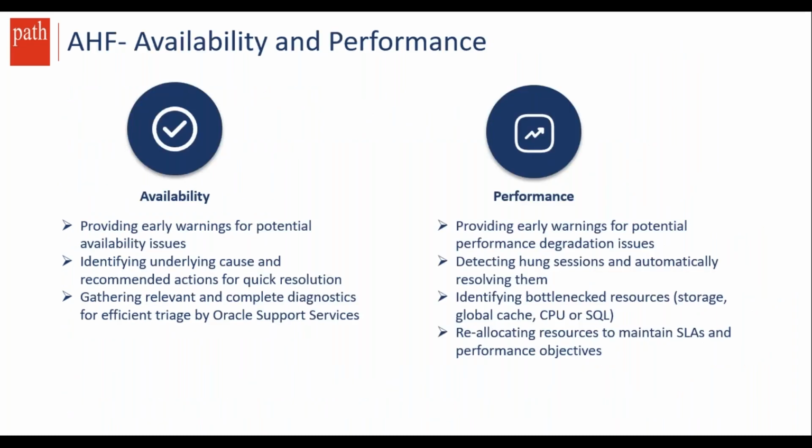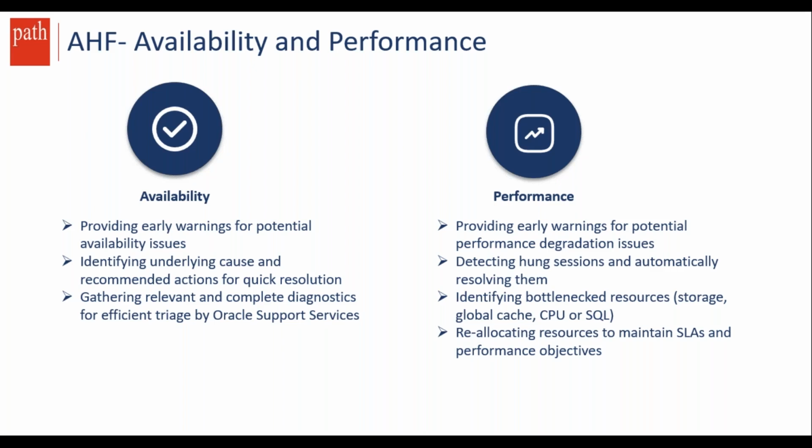So if you look at the other features of AHF, Oracle AHF preserves the availability of your database system during both software and hardware issues by providing early warning for potential availability issues, and also gathering relevant and complete diagnostics for efficient triage by Oracle Support Services. It also identifies the underlying cause and recommended actions for quick resolution of the issues. Availability issues include those due to hang or DoS attack or memory stress, runaway queries, software bugs, or software configuration